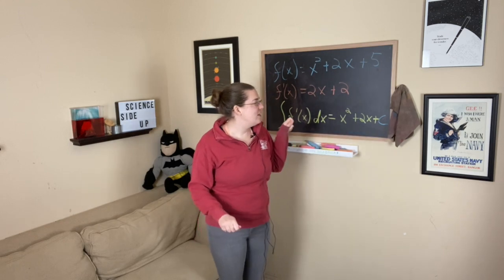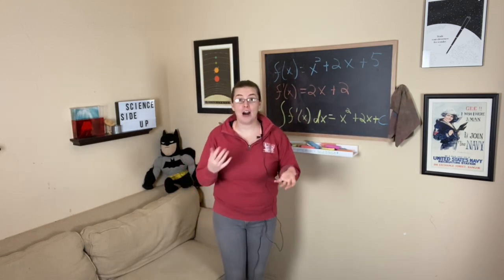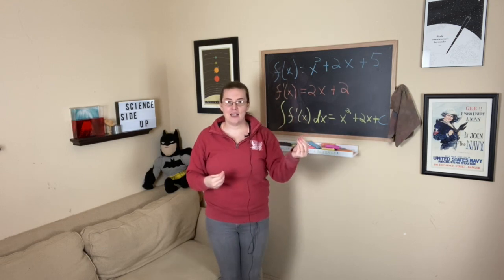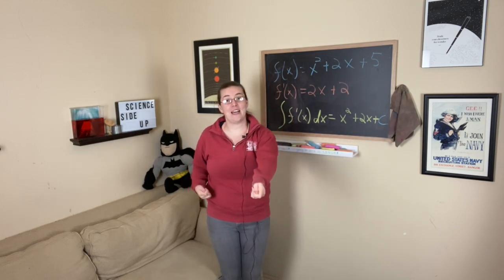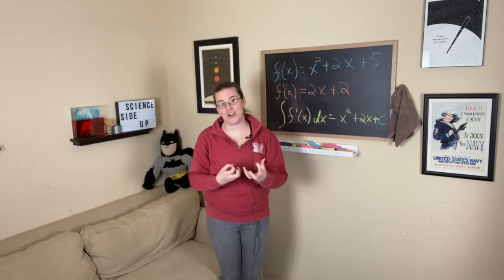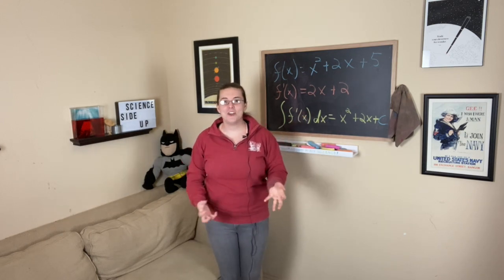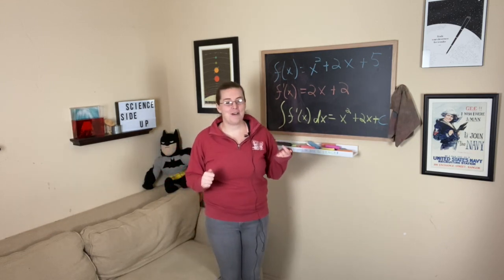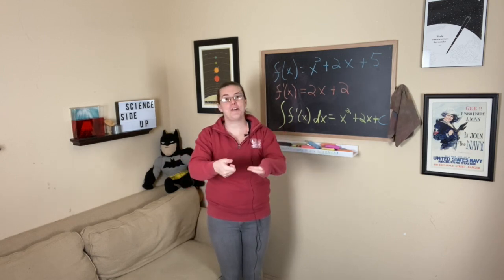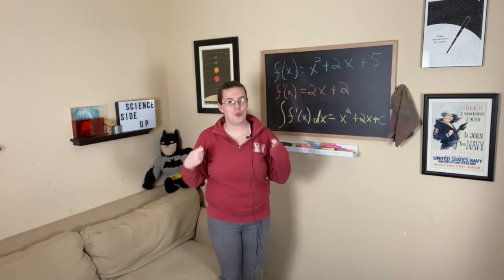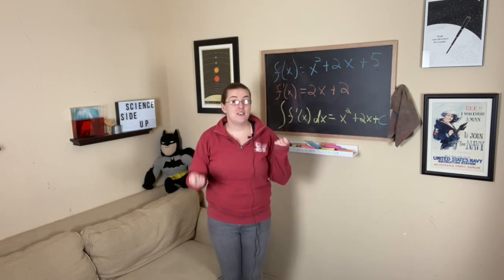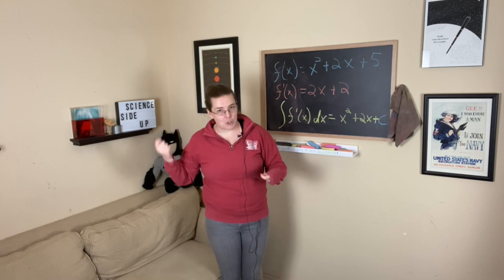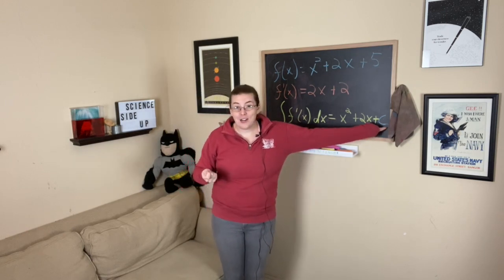So in math, things do have opposites, right? Addition has subtraction. If I add 1 to something, I can subtract 1 and get back what I started. Same thing with multiplication and division, or squaring something and then taking the square root. So if I'm able to do something to a number or a function, I need to be able to undo it too. And so that's how derivatives and integrals are related, just pointing out that you do lose information about constants. Okay, team, well that's conceptually what calculus is in a nutshell.